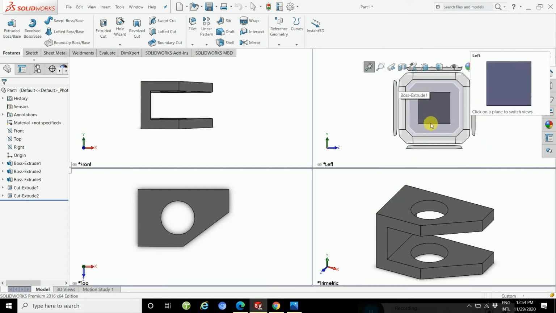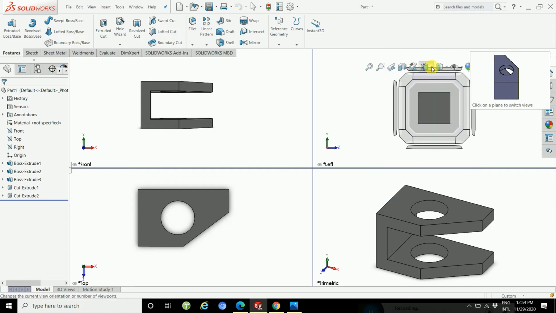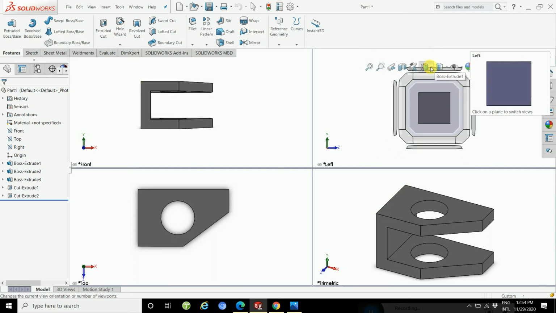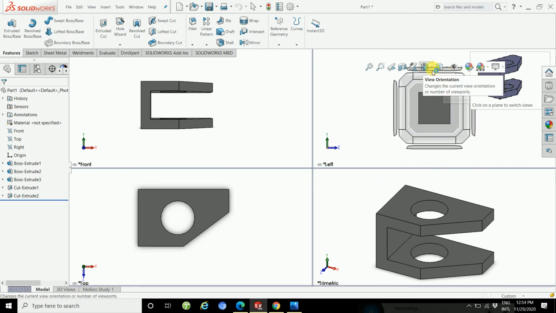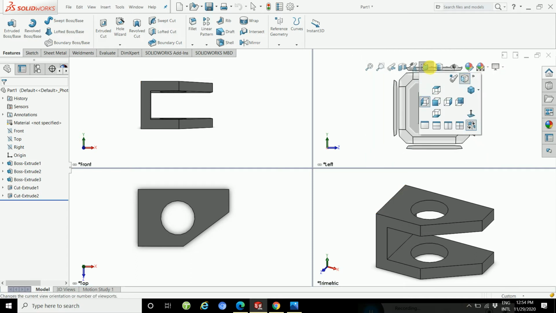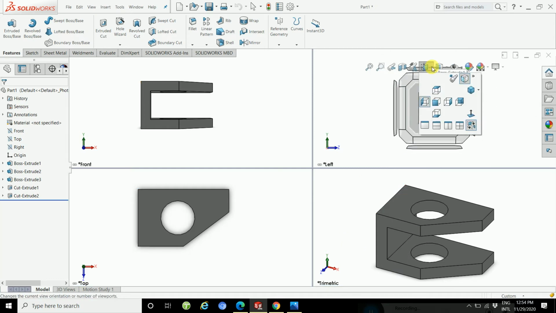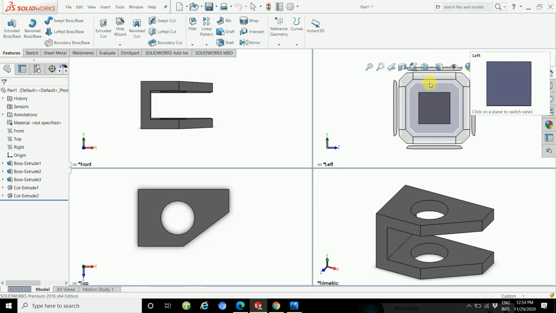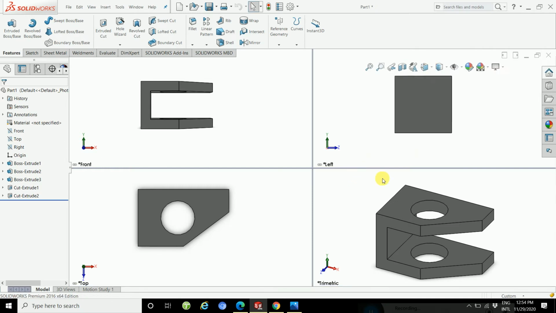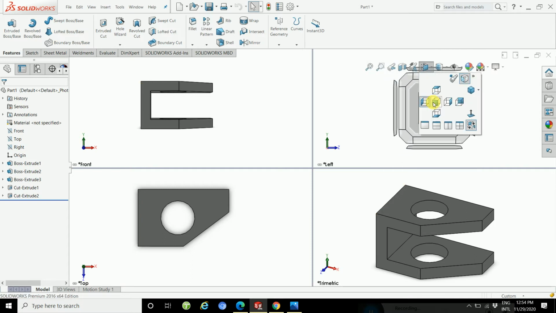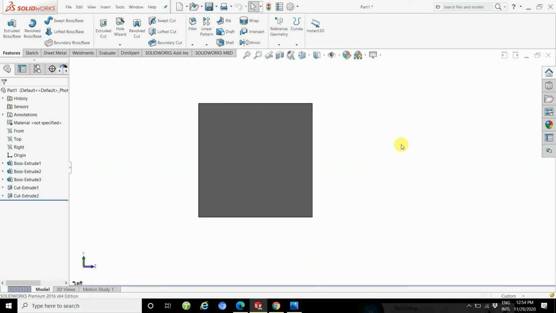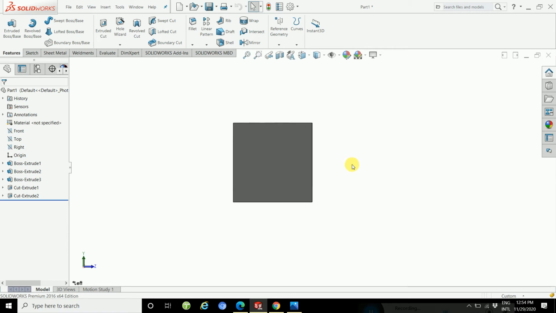Click on single view again. Single view. Okay, so save.